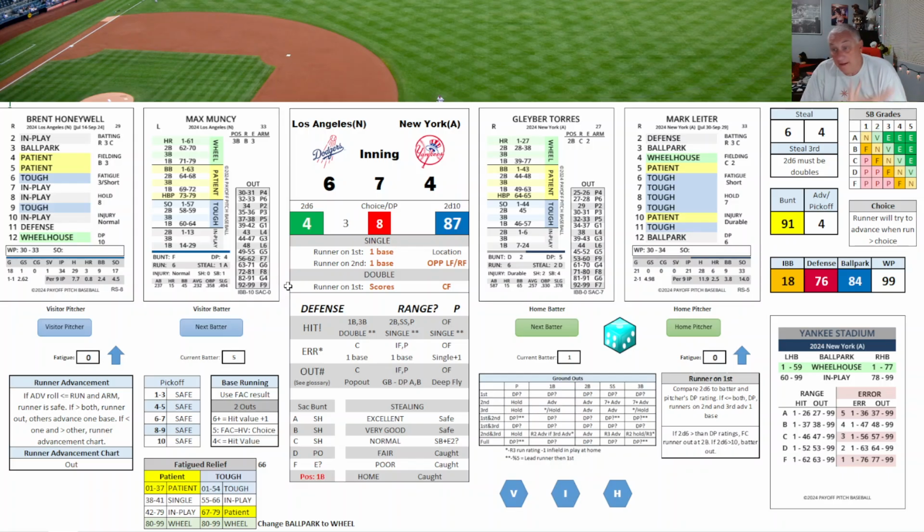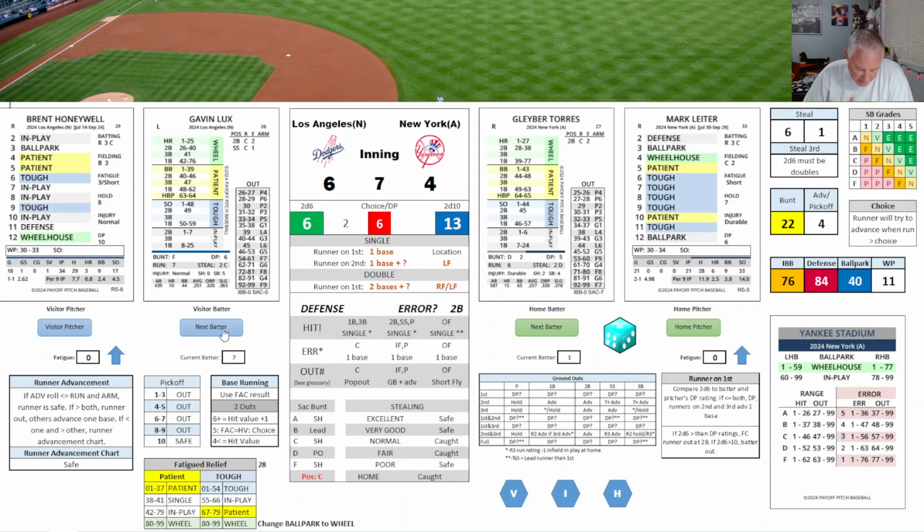Okay, you get the Wheelhouse. It's going to be a home run. No. The roll's a little bit too high. 2 down. Will Smith, 3 for 3, 3 doubles. 6, tough, 13, he strikes out. 7th inning, no runs, no hits. Go to the bottom of the 7th.